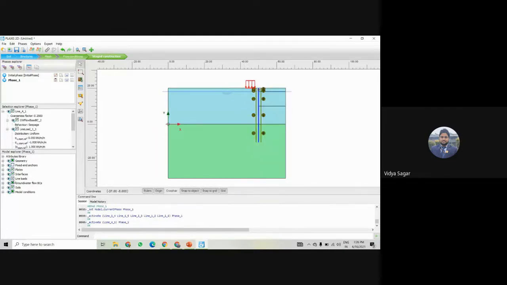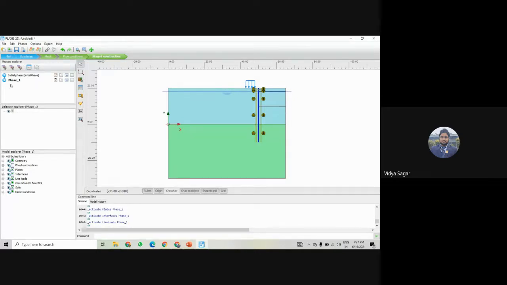You can see this will be checked. So you can check it directly from here, you do not need to do this process. So here in stage 1 I have activated this diaphragm wall and the load.